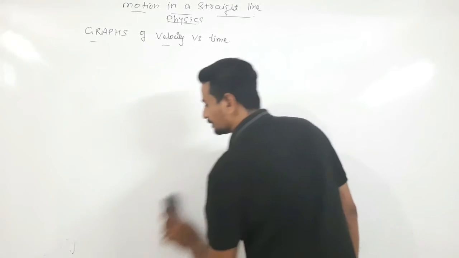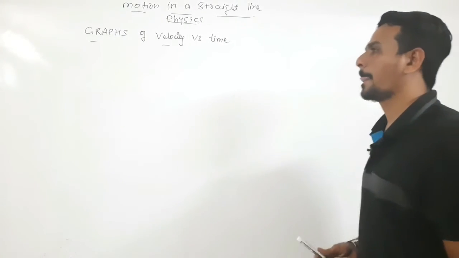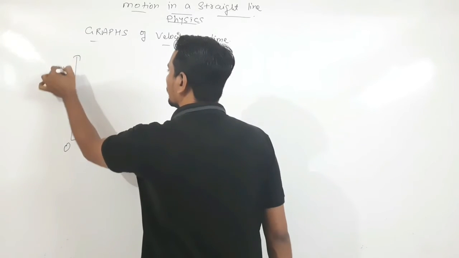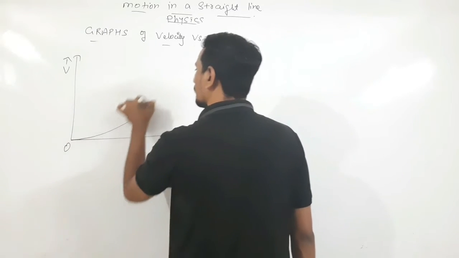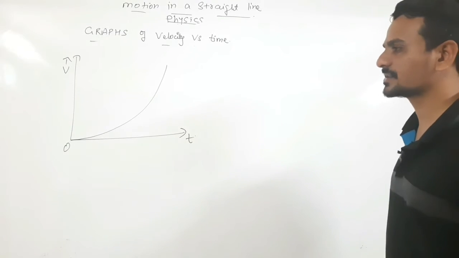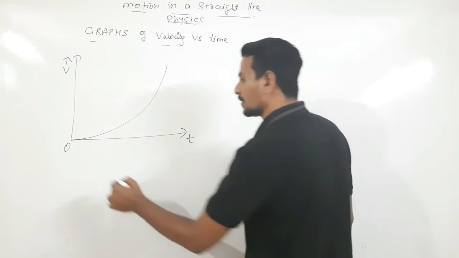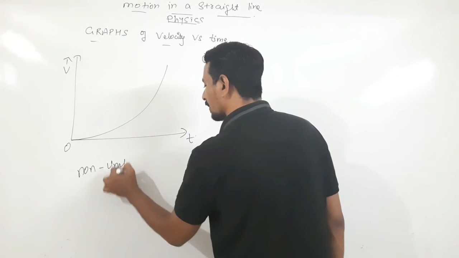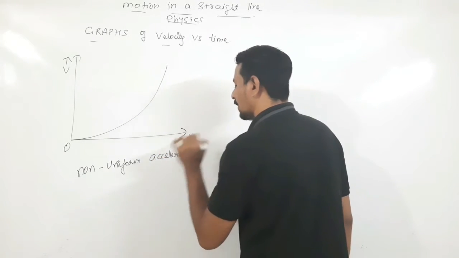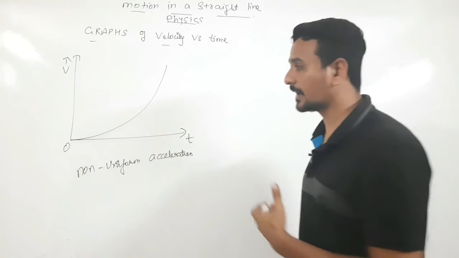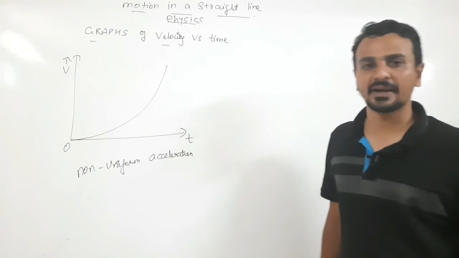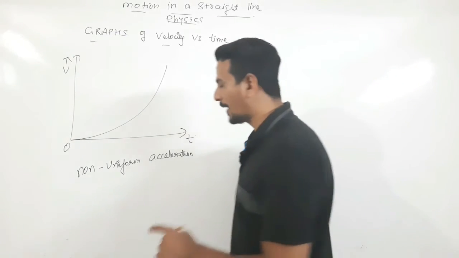Now, if the graph of v by t is non-uniform, that is, the graph of v by t is this way, this means the object is moving with non-uniform acceleration. Or you can say that the object is moving with increasing value of acceleration. Right? For such kind of motion, whenever you are asked to calculate acceleration, you have to draw a